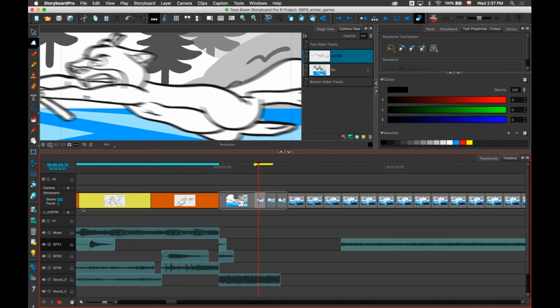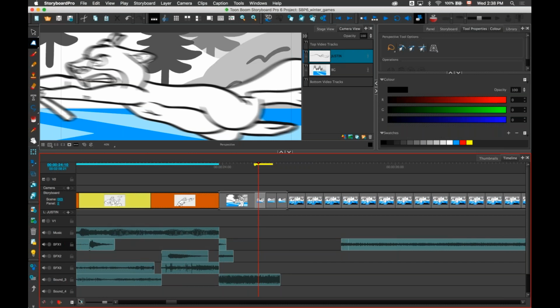The other thing that I can do is rename the track. You may have noticed that this is called music, sound effects, sound 3. I can label the audio and the video tracks to show what content is on those tracks, so I don't have to try to guess. If I want to just solo the music track, I know this is a music track. I can just solo this track, so now I will not hear the other tracks. And then when I'm importing new sounds, if it's sound effects, I know I will be importing this to that layer. This had been a very, very popular request that we've had, so we've done this in this version of the software.